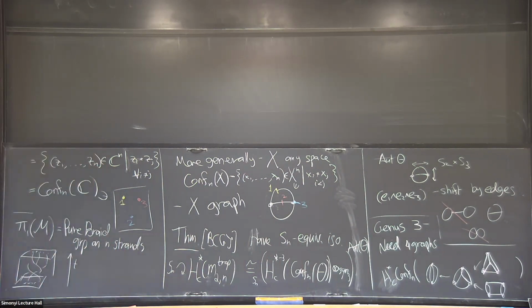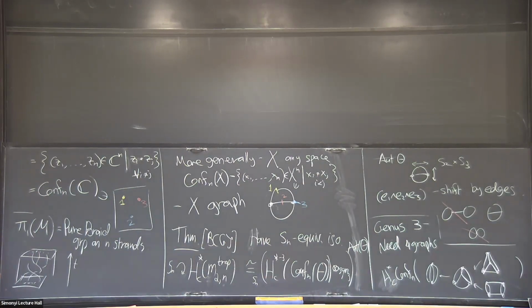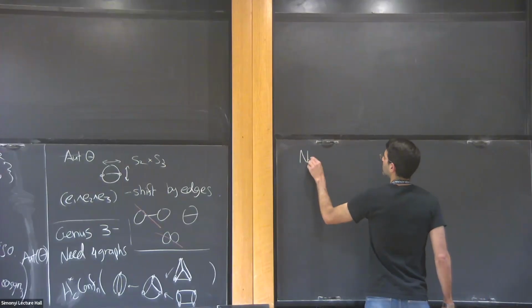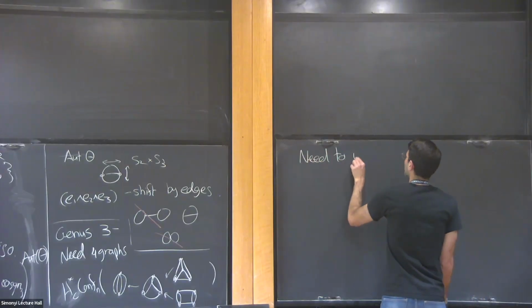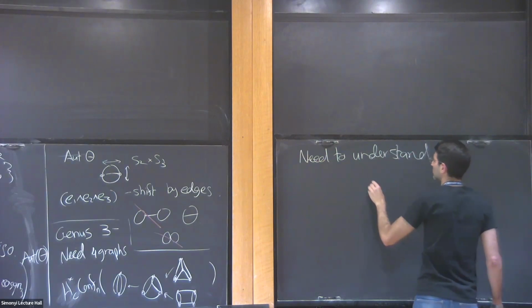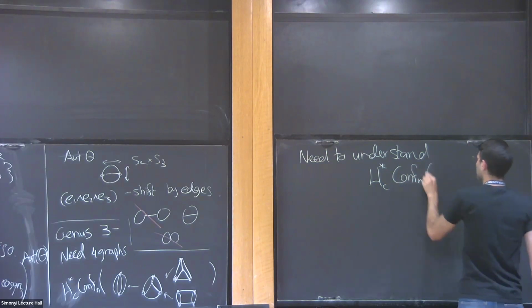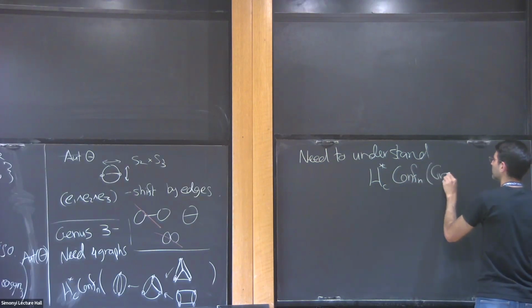But looking at this, a natural problem or reaction that we have is that we need to understand what are these representations of the compact support cohomology of endpoints on a graph